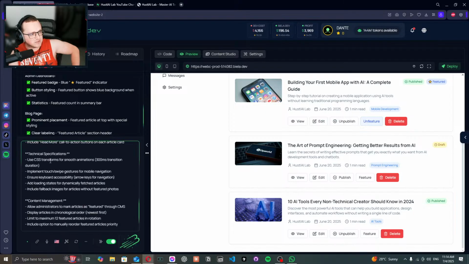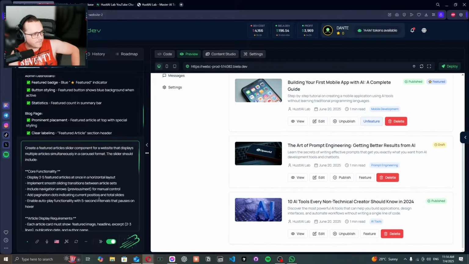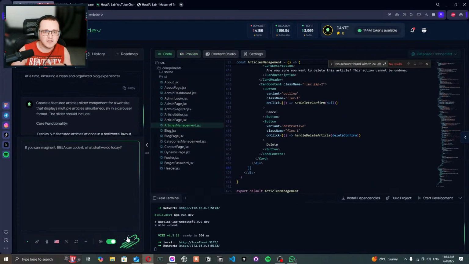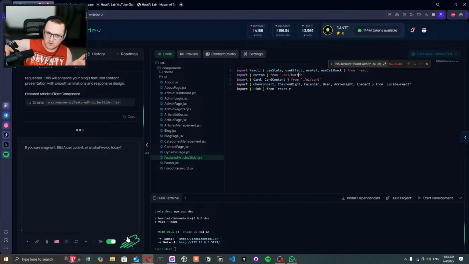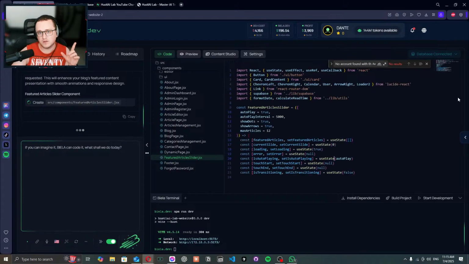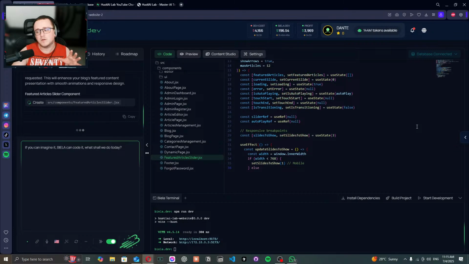I like that they actually fixed this. Display 3-5 featured articles in a horizontal layout. Yeah, that's okay. Yeah, smooth sliding transitions between article sets. Perfect. That's exactly, well, kind of. In my mind it was only one featured article displayed at one time, but it does actually